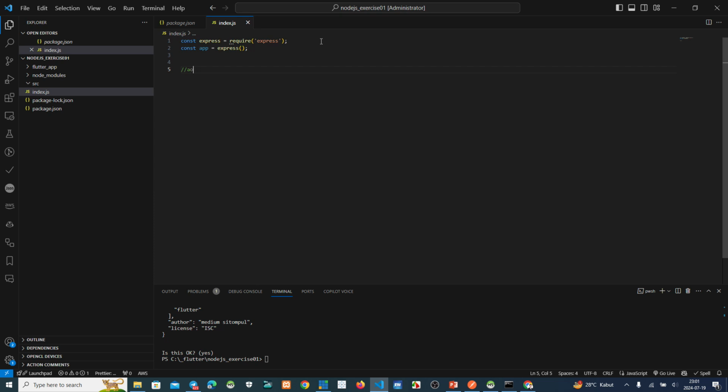This one, app dot method and the method, a path and handler. This is how to develop a Node.js server. You must use this pattern.